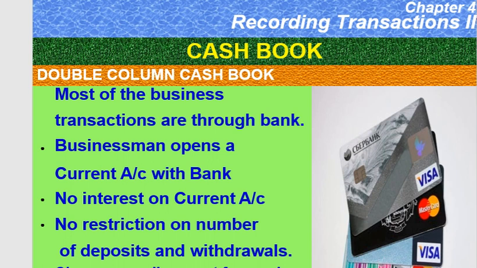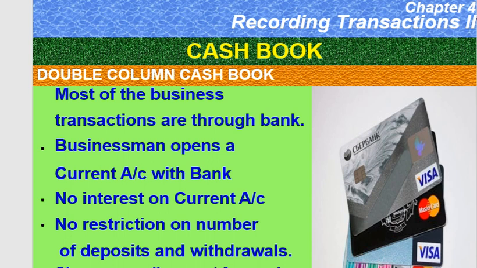That means, despite the fact that there are numerous bank transactions on a daily basis in any business entity, a business entity has cash transactions as well. It is therefore appropriate for every business organization to keep a cash book with cash and bank columns. This is known as the double column cash book.